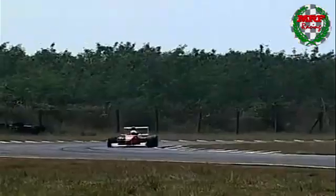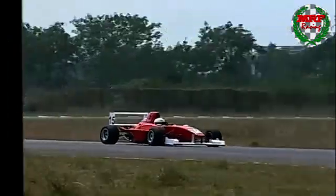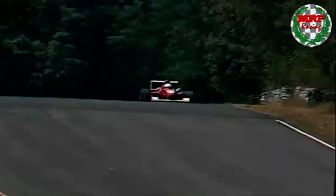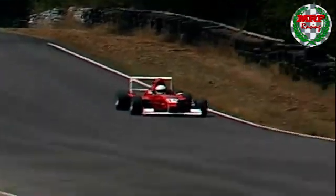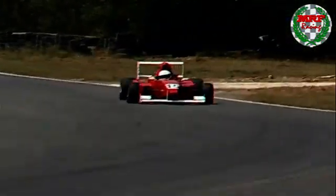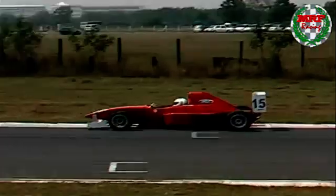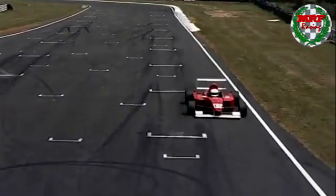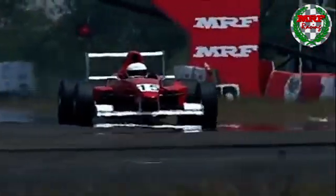Into turn 11, that's nice and tidy, very neat. He gets back on the power through the right-hander, that looked good as well, up over the bridge, and you can see him drop back down the other side a little bit, and then into this final turn, which brings him round to complete the lap. Let's just see how this looks out of the corner. He runs a bit over the curb, but that's okay, and he crosses the line, and he's gone fourth fastest,